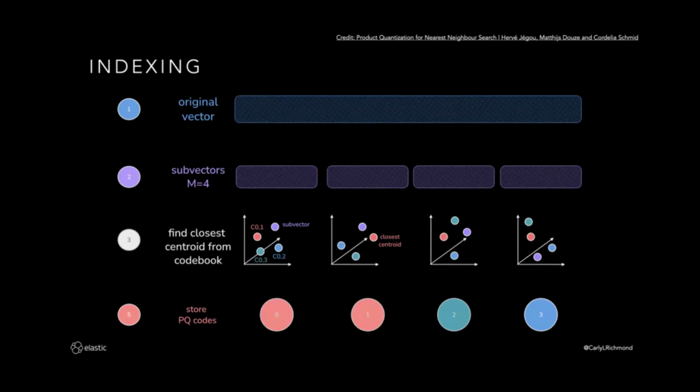So the next thing we need to think about is the indexing stage. And this is, again, where we do the same split, but the bit that changes is step 3, where we have the closest centroid that we're trying to find. So we leverage the codebook that was generated and stored before in order to find the closest centroid to that particular subvector, so that when we're actually storing the vector, we're going to store the code of the closest centroid and throw away the vector. So we are losing an element of accuracy with regards to our calculations when we get to query time. But at the end of the day, it's considered effectively marginal when we look at the recall aspects.